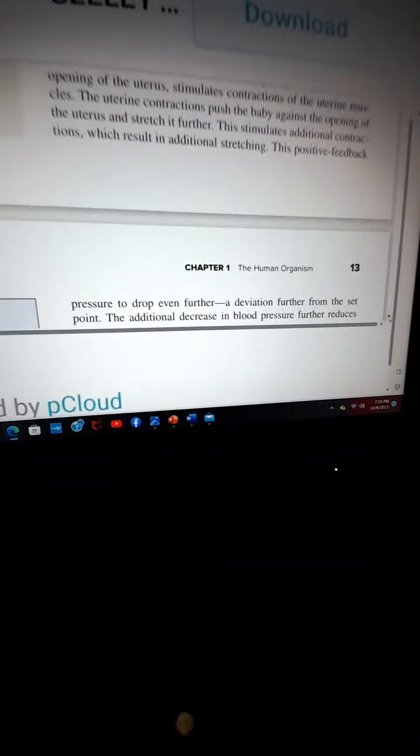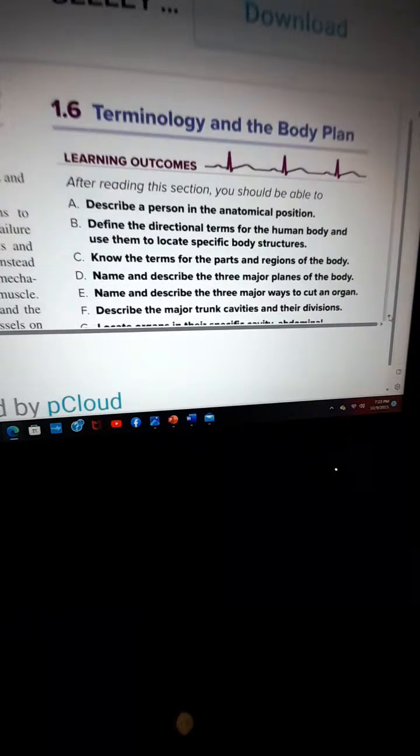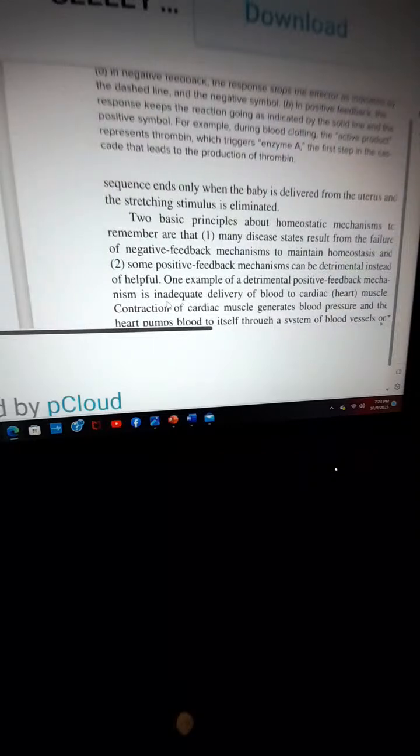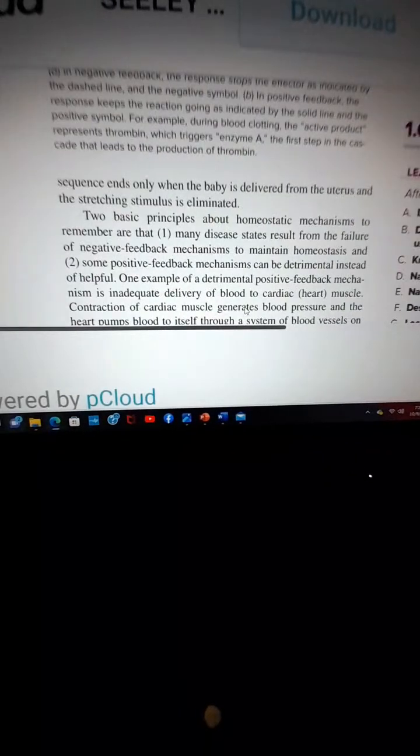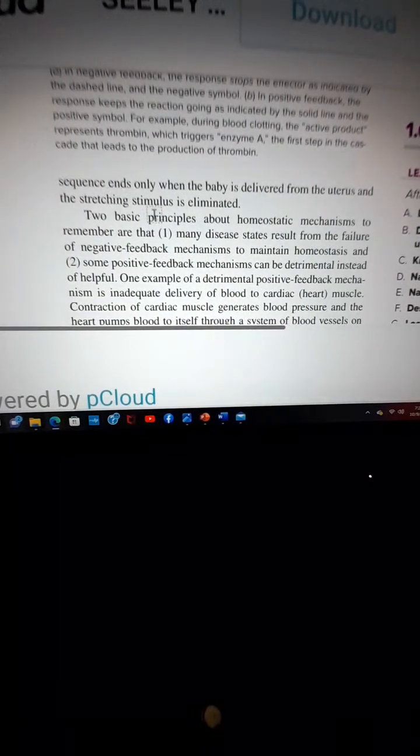Okay. This stimulates additional contractions, which result in additional stretching. This positive feedback sequence ends only when the baby is delivered from the uterus and the stretching stimulus is eliminated. Two basic principles about homeostatic mechanisms to remember are that many disease states result from the failure of negative feedback mechanisms to maintain homeostasis, and